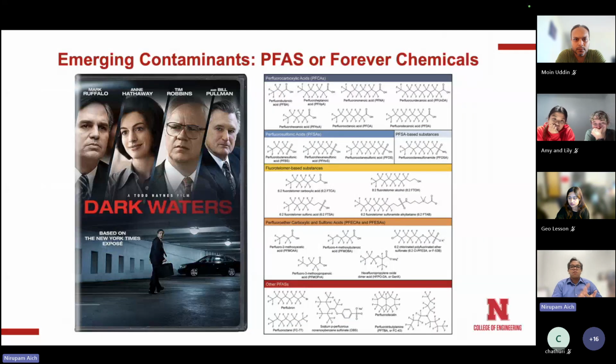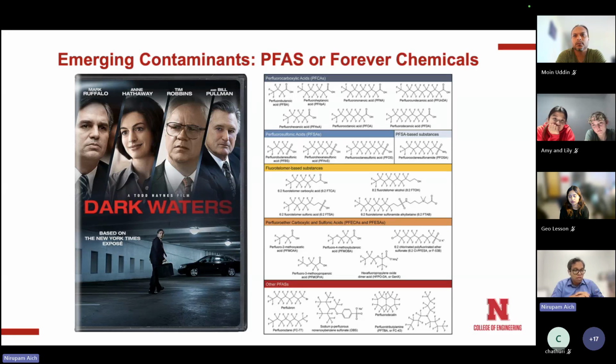So I have said a lot about my lab, and about what problems we are focusing on. I'm not going to talk about a lot of different problems. We are going to focus on PFAS. Many of you have probably heard about forever chemicals, or PFAS, and I'll go to the exact definition.